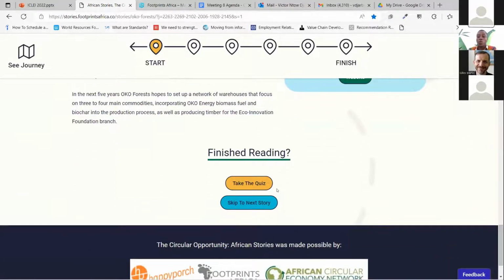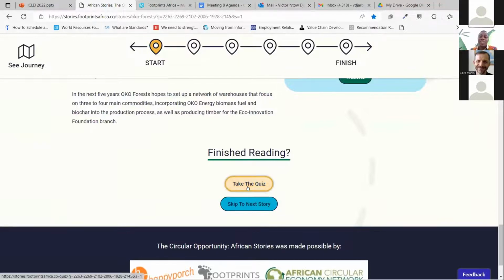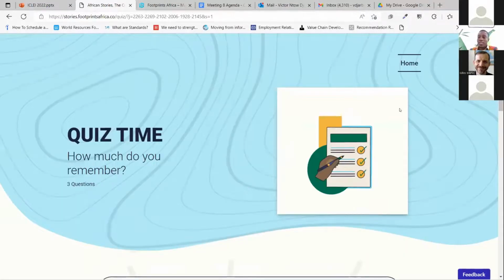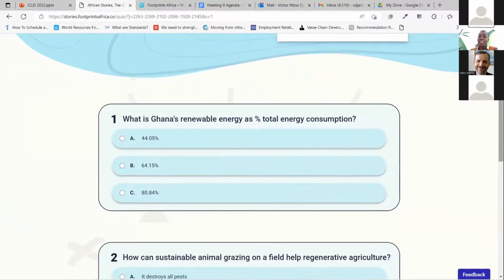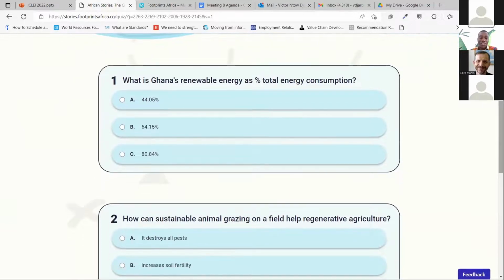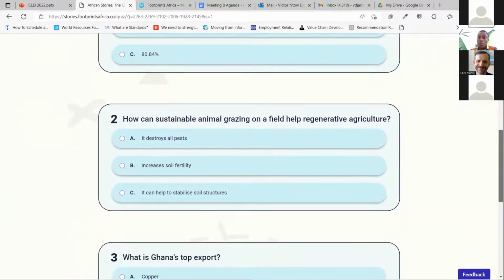It's not compulsory to take the quiz, but it's just to make it more fun for you. It's more about what you've read so far and what you can remember. So if I take the quiz, there's just a few questions usually around the location. So they just ask you a few questions that were present in the detailed discussion of the organization. So you just choose, just to see what you can remember about what you read.